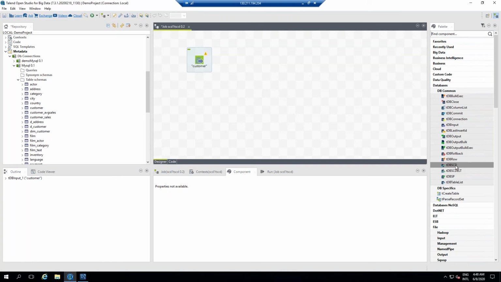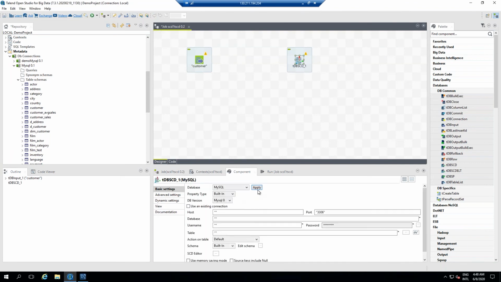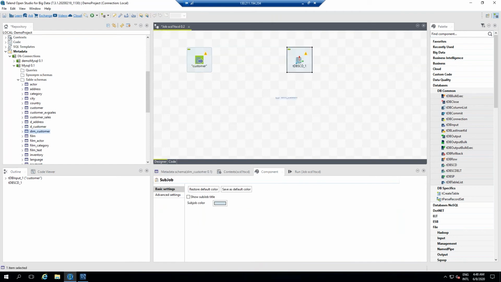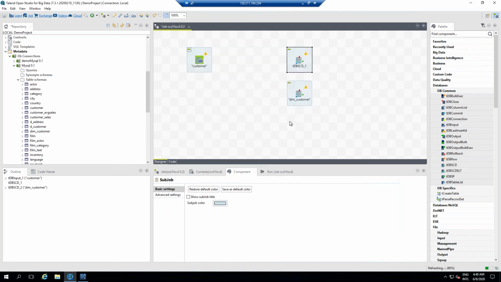So we have to bring this TDB SCD here. First of all, we have to specify the database type. What we are using is MySQL. Yes, I am going to use this TMySQLSCD, so it is easy to do.